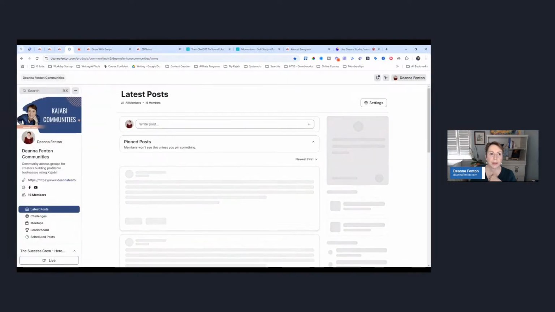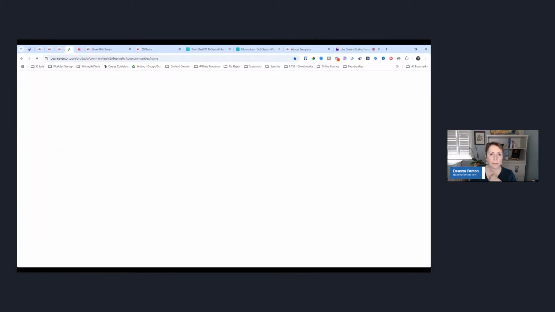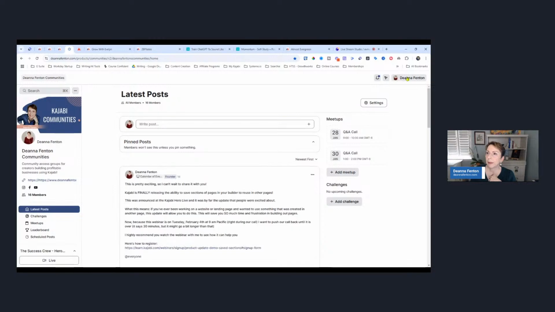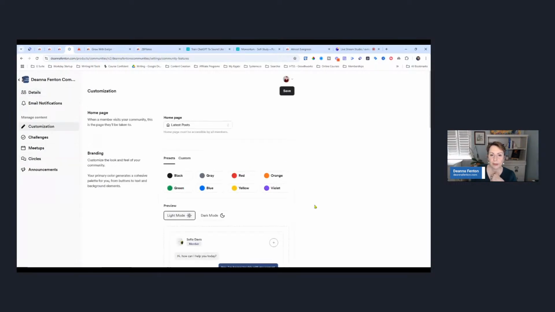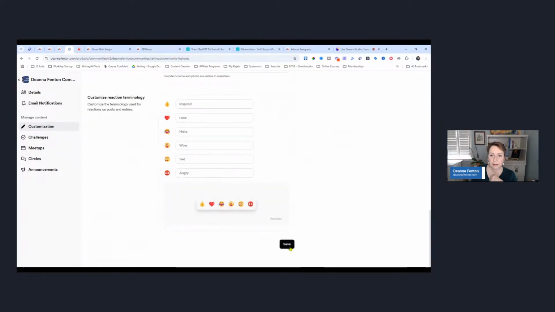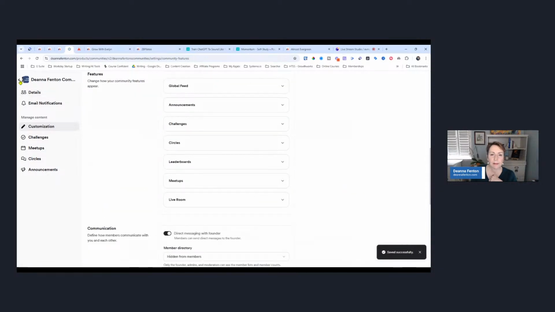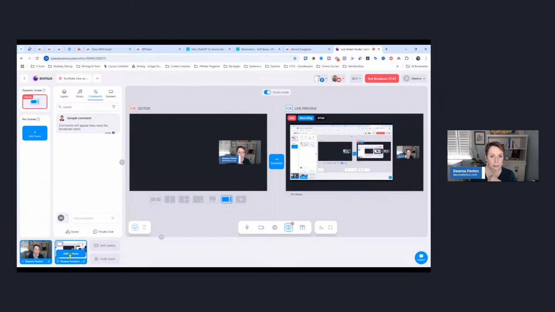So now if I come back over here, it should be dark mode. Well, guess we just found a bug. Anyway, part of the customization, dark mode is not staying. Save. Saved successfully. Okay. Well, that was interesting, wasn't it?